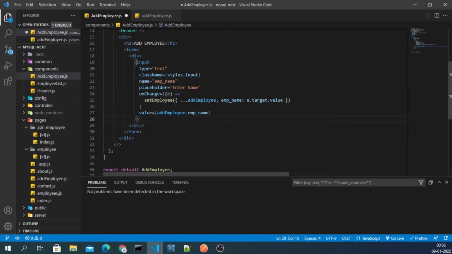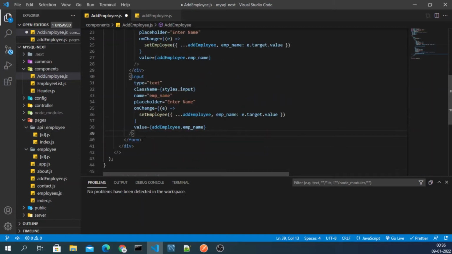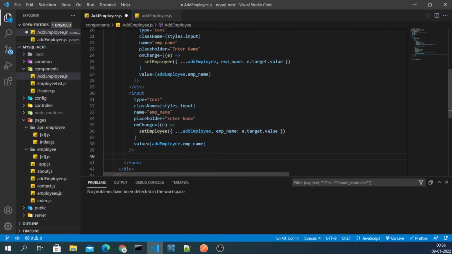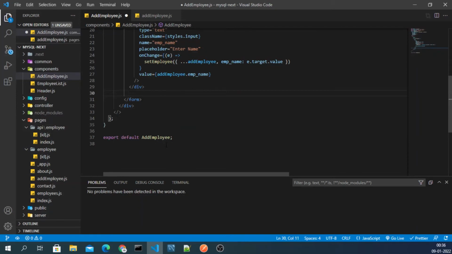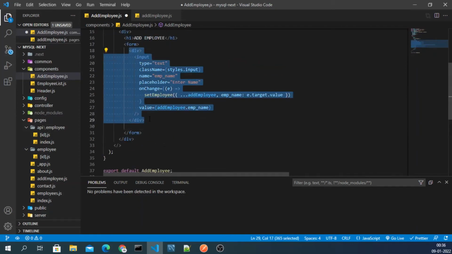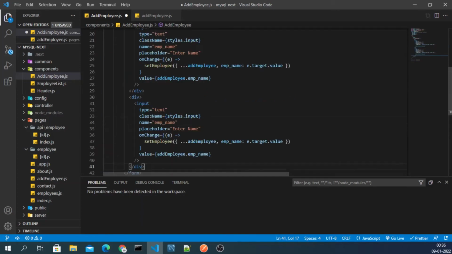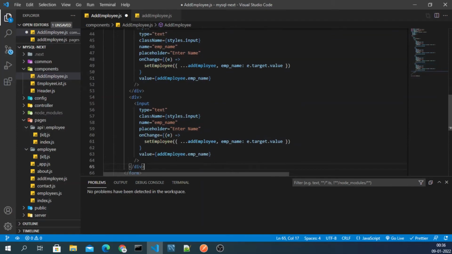So one div, and then two div, and then input. I just need to copy this thing again and put it twice, thrice, and this is four times, right?